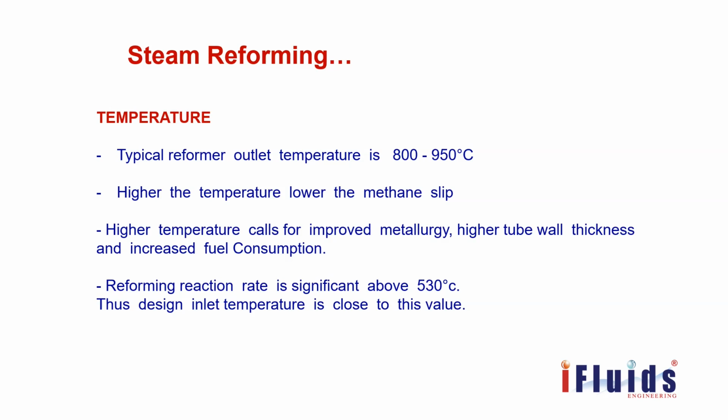Higher temperature calls for improved metallurgy. That is also very important. When we increase the temperature, the reformer tube metallurgy should withstand it and should not deform by the heat applied on it. So higher tube wall thickness and increased fuel consumption are also required. Reforming reaction rate is significant above 530 degrees centigrade. However, when we have a pre-reformer, we can go up to 650 degrees centigrade at the inlet of the